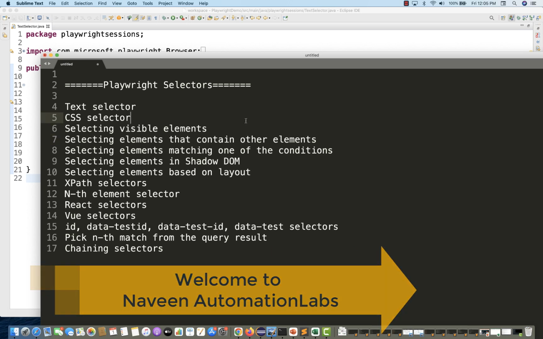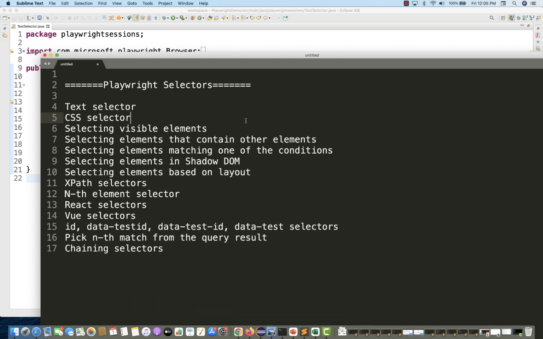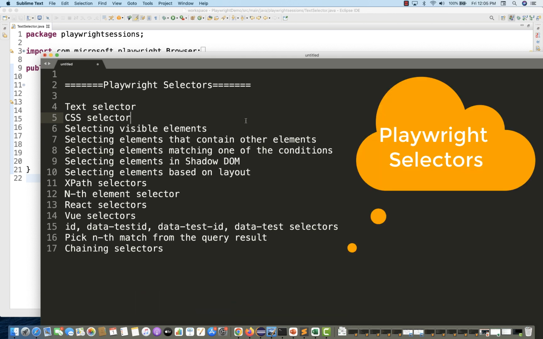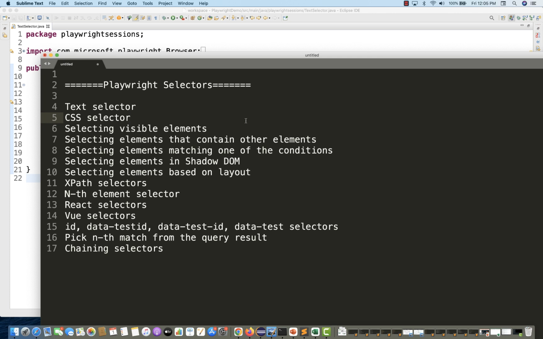So in this video, we are going to talk about Playwright selectors. What are the different selector strategies available? For example, can you create a CSS selector, XPath, and what are the other options and selector strategies supported by Playwright? Amazing thing. A lot of good things that they have added extra, and some amazing selectors and locators